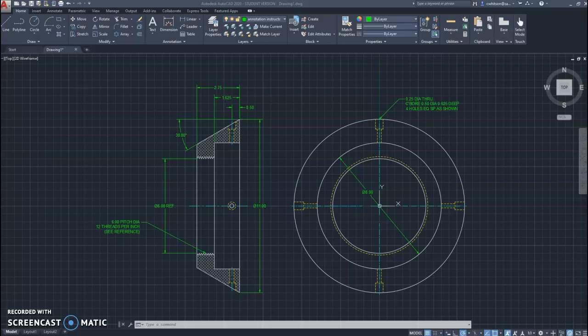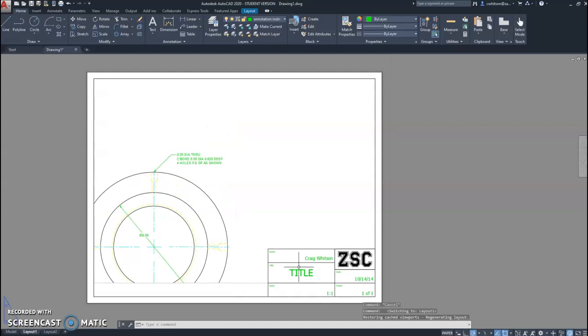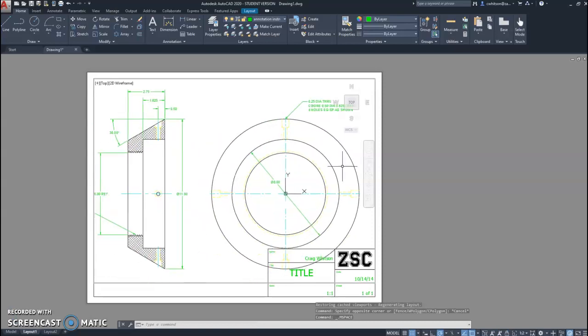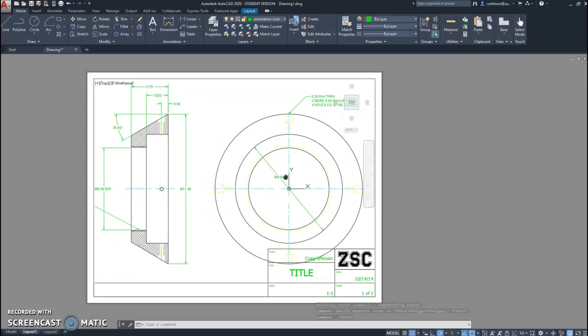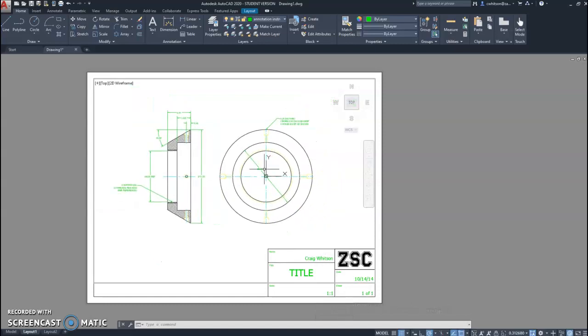So what we need to do is make sure that I used a template that has my Zane State title block, and so we just need to get this drawing to fit inside our viewport and then update our title block information. So if I double click inside the viewport, it activates it, and I can pan over here. And then it's really important not to just leave this set at an arbitrary scale, but to specify over here,